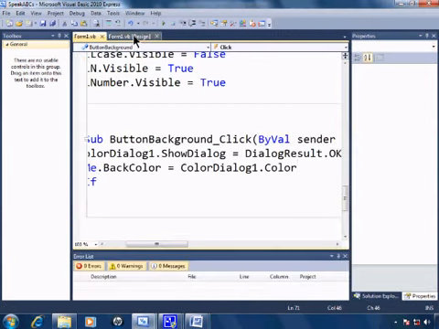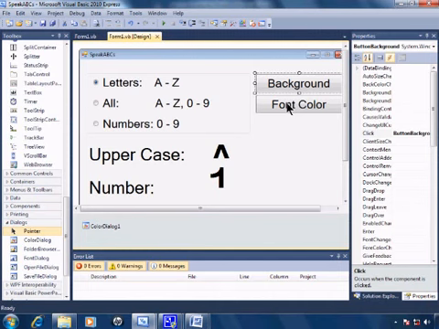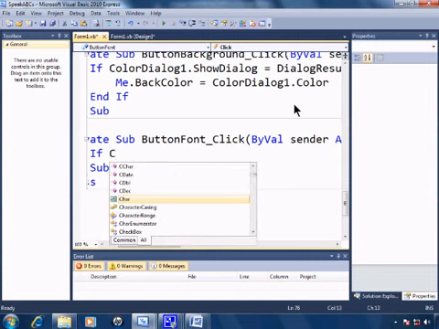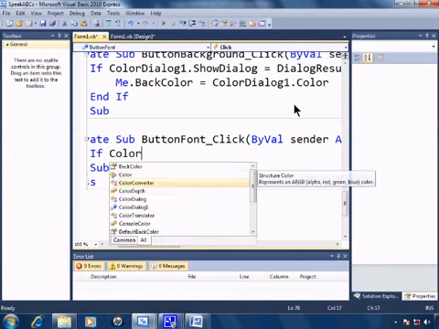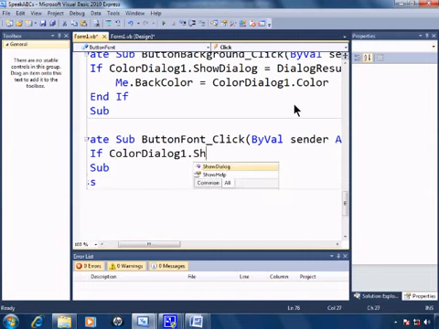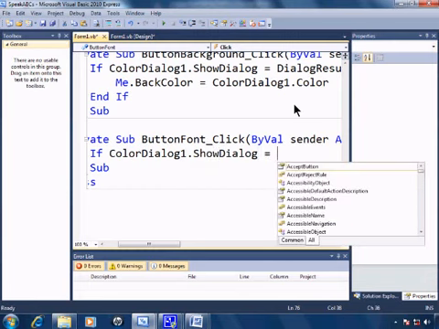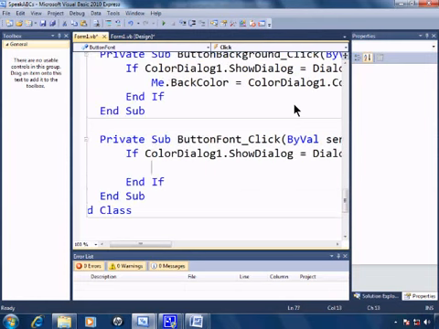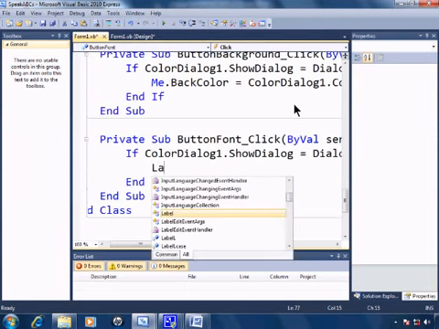So I'll close this down. Go back to the design, double click on font color. Now I'll just set one label at this time. So if color dialog 1 dot show dialog is equal to dialog result dot OK, then I'll go ahead and change label